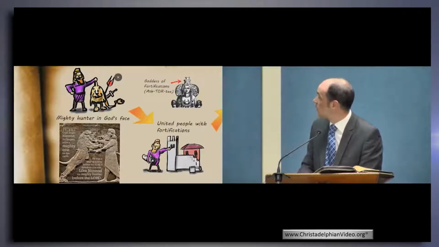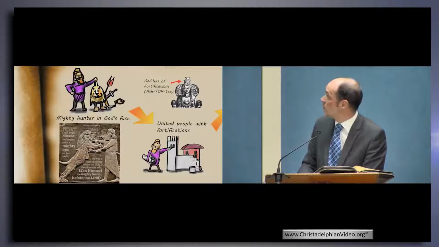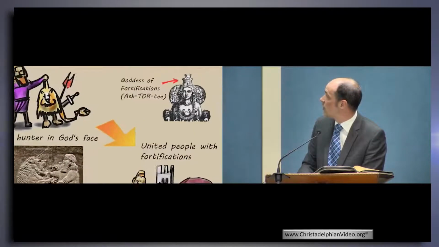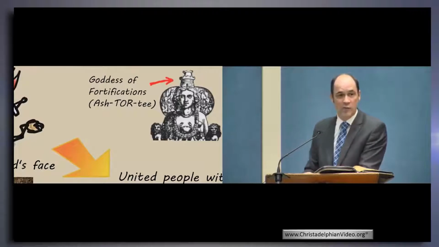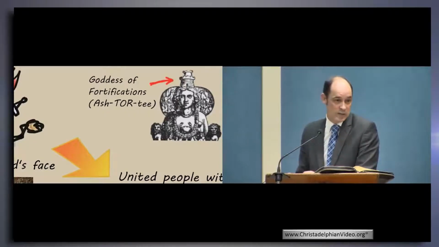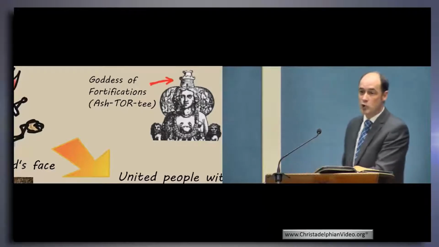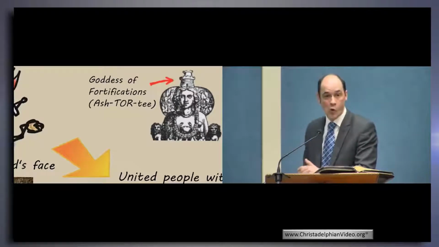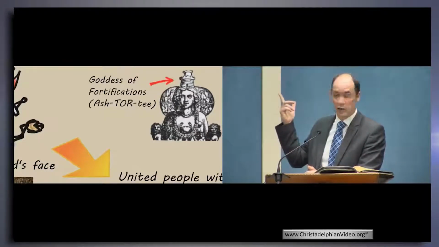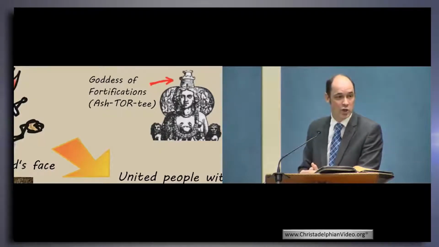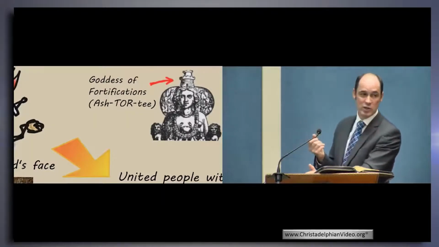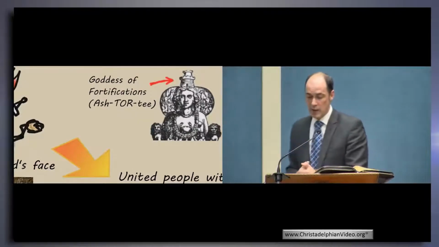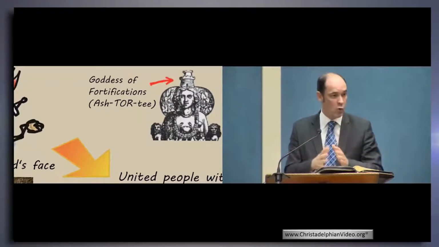And you can probably see just up here, this is a picture of Astarte, or a later version of Astarte. And what on earth is that? I mean, look at this. She's got a castle sticking out the top of her head. What is that? And the answer is it's a castle. It's the word for tor, or a circular building, from which we get fortifications, and it's built into her name, Ashtorte or Astarte. So the word Tor means the goddess of fortifications. So she kind of got the credit for that one. And so they made this land of Shinar where they pulled everything together.